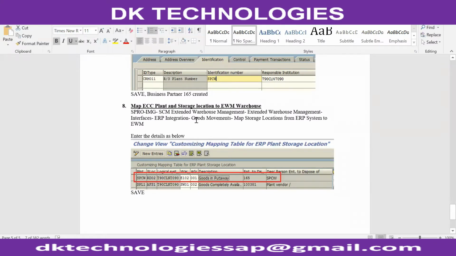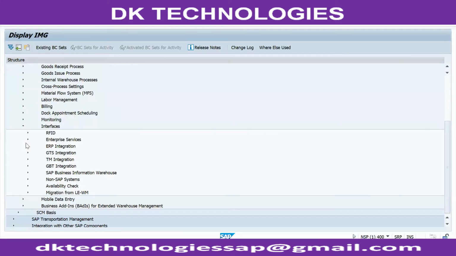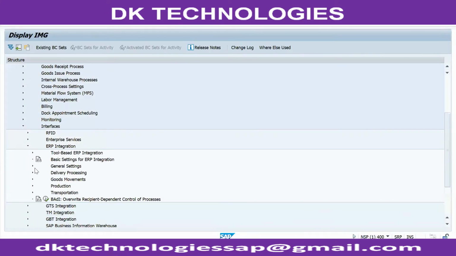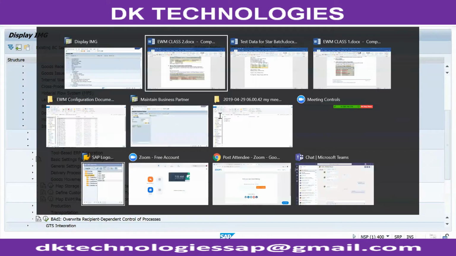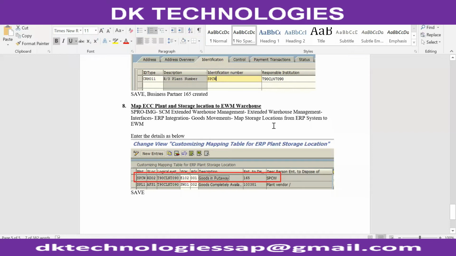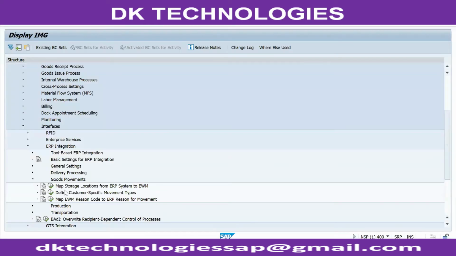Then we have to go to ERP Integration, Goods Movement, and Map Storage Location from ERP System to EWM System.